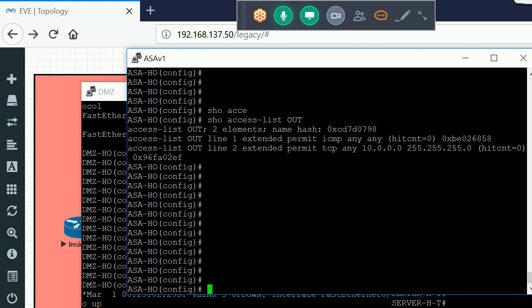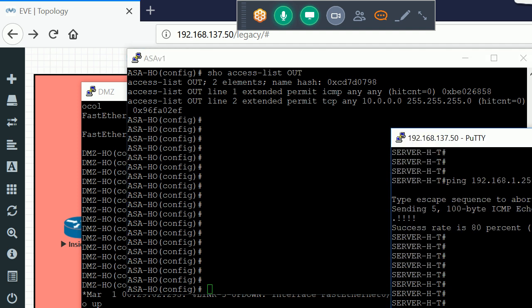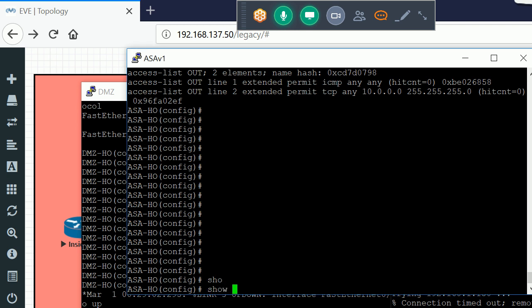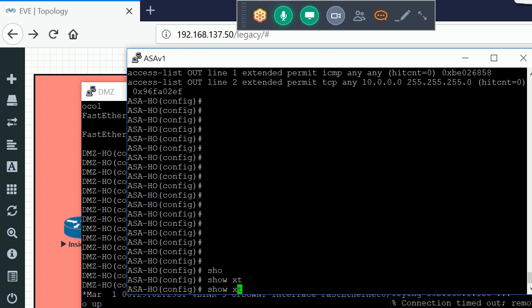Access list out. Why is it not getting the access?